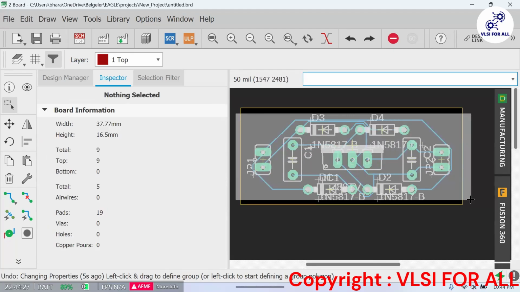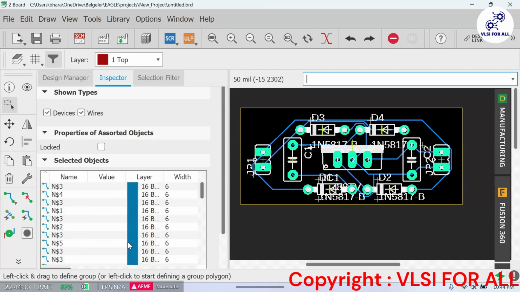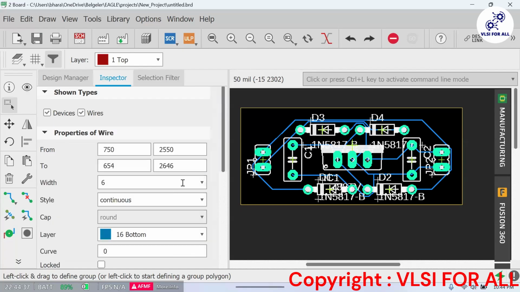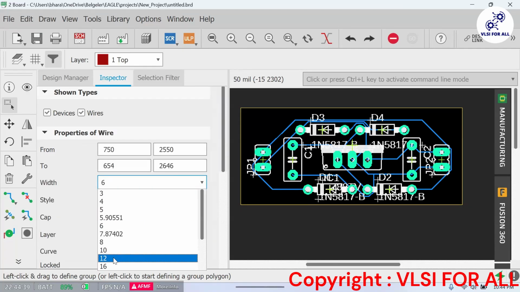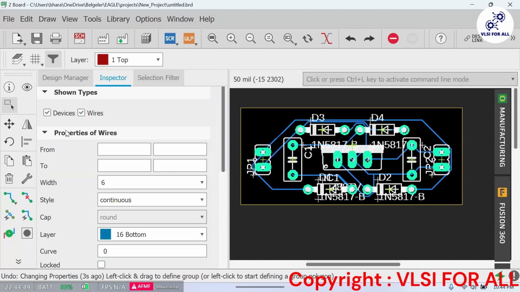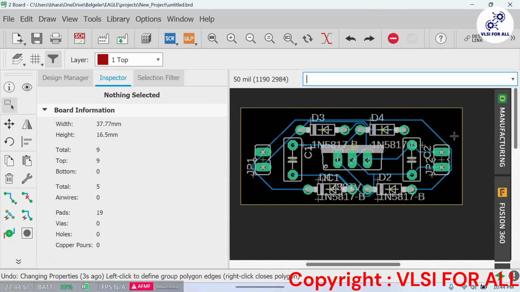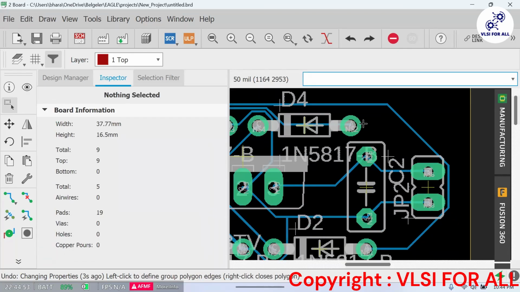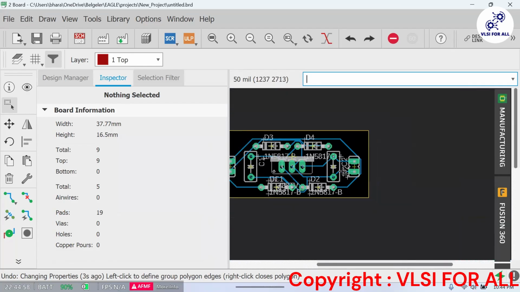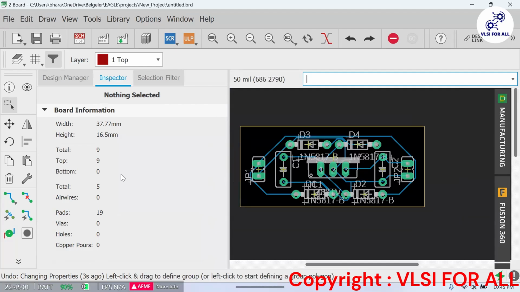Let me try this one and change the width to 12. We can go sequentially and change the width of each one. So just see the routing, it has been done with thin routing. We can change it.